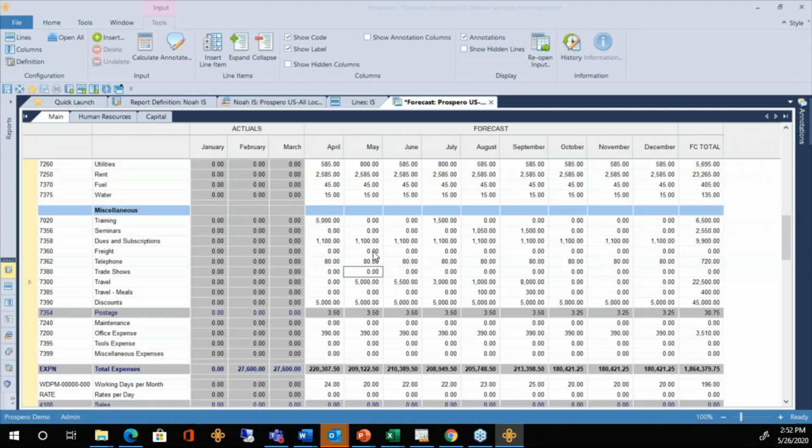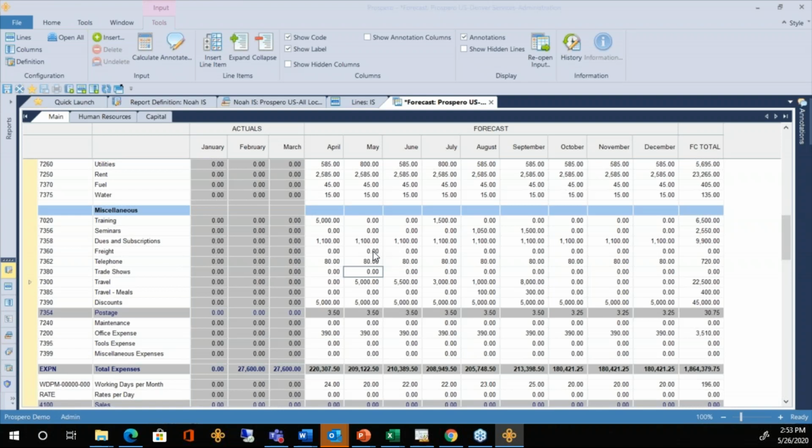And again, if they were using Forecaster in the past, we can copy that information from Forecaster over to Prospero so that you're not starting from scratch. You'll have something that you can have up and running very quickly inside Prospero for budgeting.